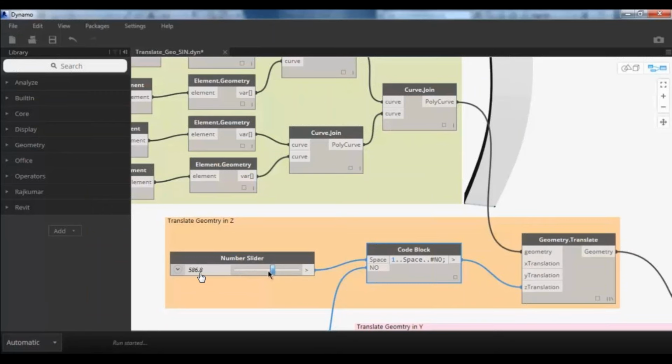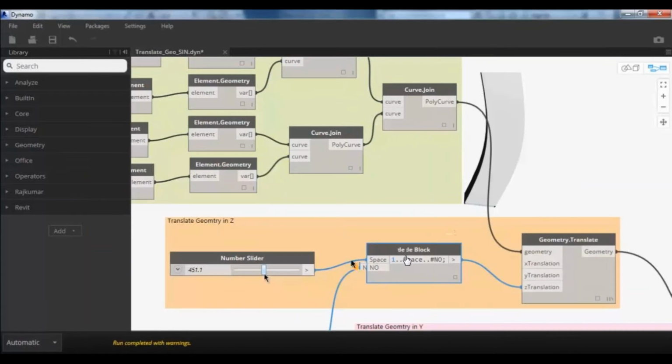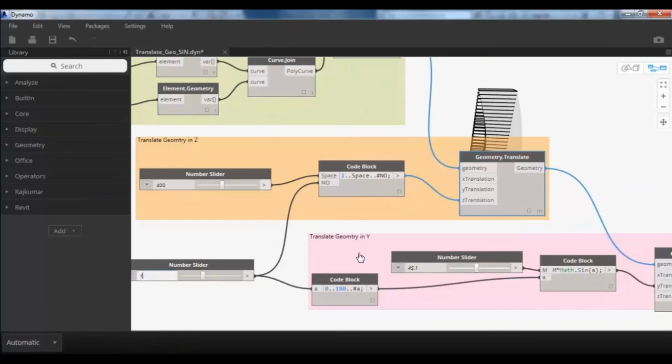The overall height is 586 meter, and you can play with that to reduce and move it up and down. This particular geometry translate node will translate or otherwise move your geometry in XYZ direction. The other node will translate in Y direction